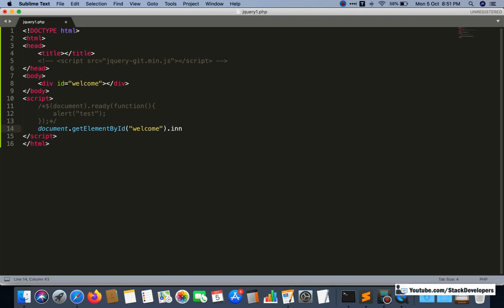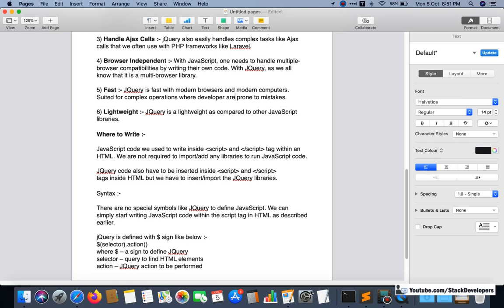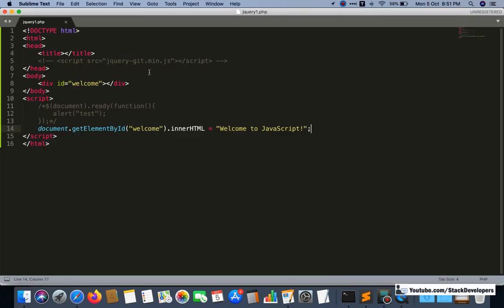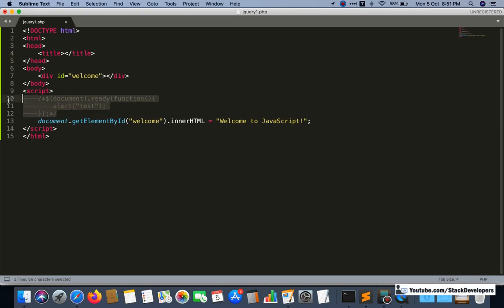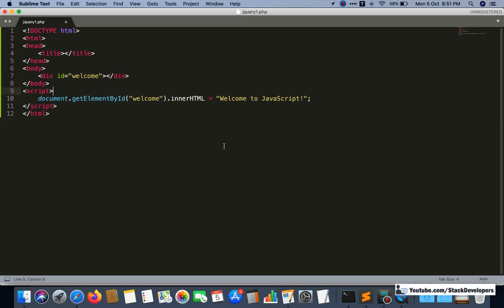I want to add some HTML to it, like welcome to JavaScript. Now just refresh, and you can see welcome to JavaScript is coming. We have written nothing, and we have not attached anything. If I remove all this code, this is the only code.